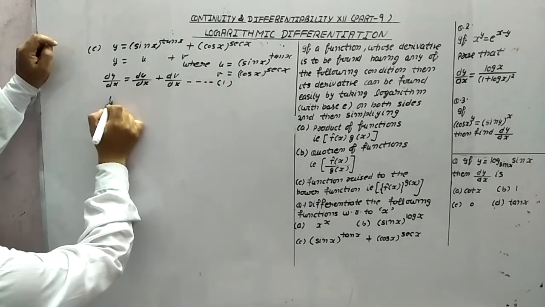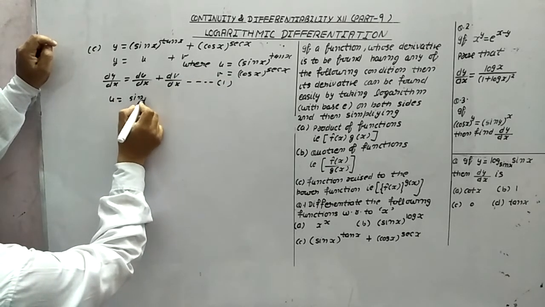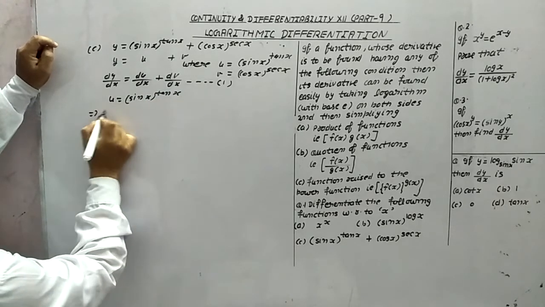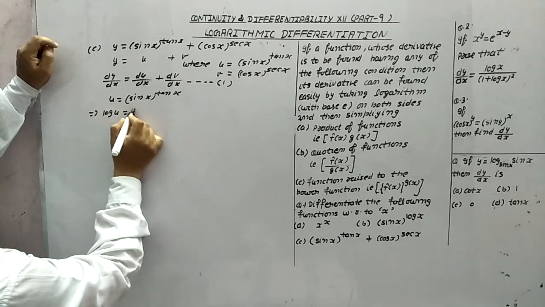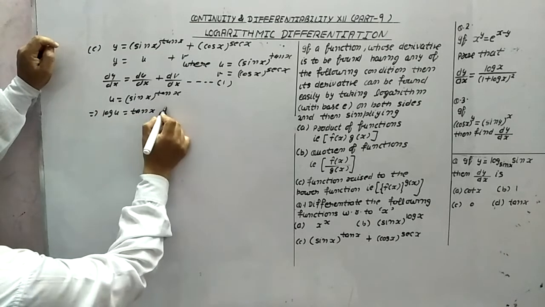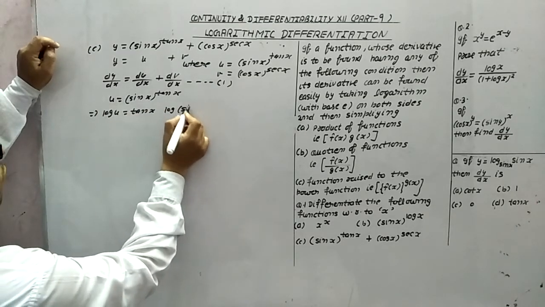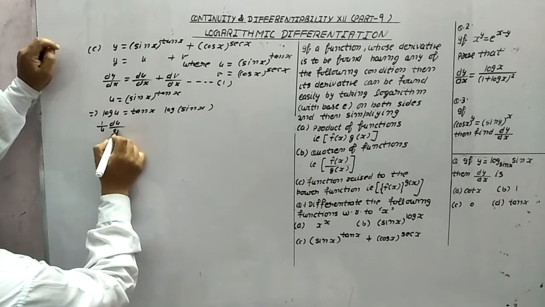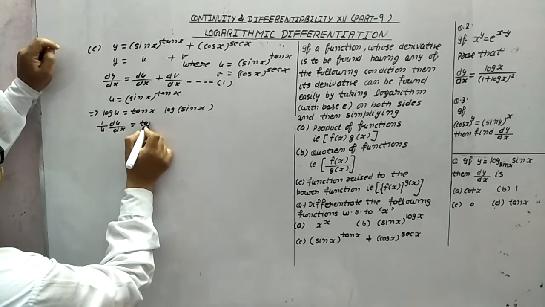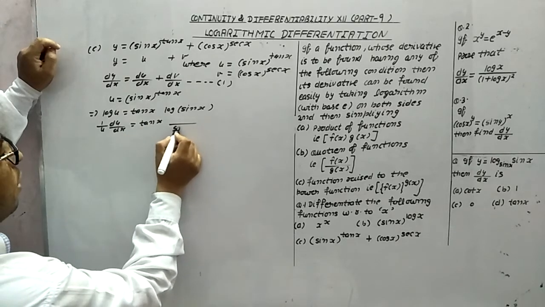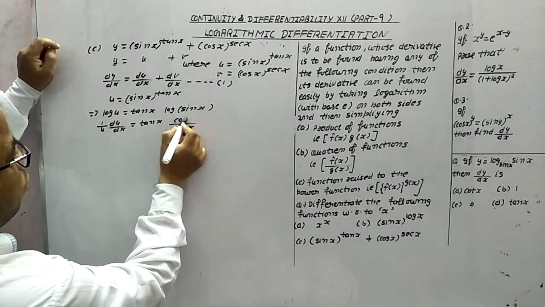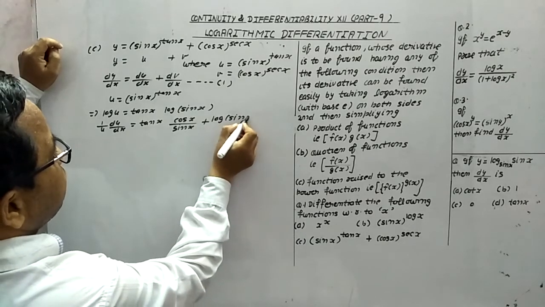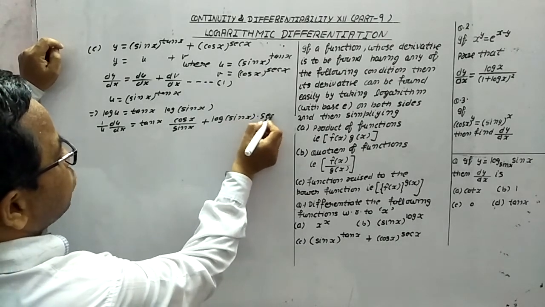Now one by one we will take. u is equal to sine x raised to power 10x. First of all, taking log of both sides, it means log u is equal to 10x, and what does this become? Log sine x. Now we will do the differentiation with respect to x. 1 upon u du by dx, 10x as it is. What is the differentiation of log sine x? It means cos x upon sine x, plus log sine x as it is. It means what is the differentiation of 10x? Sec square x.